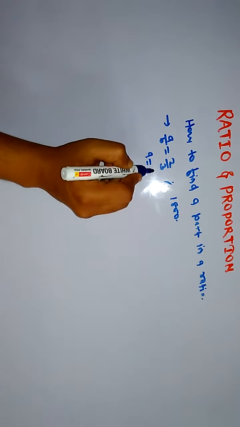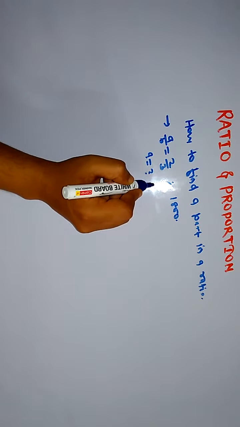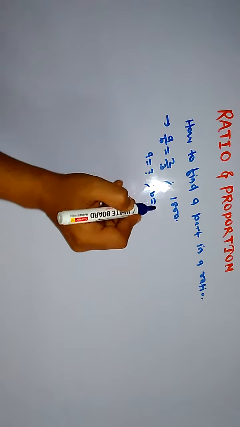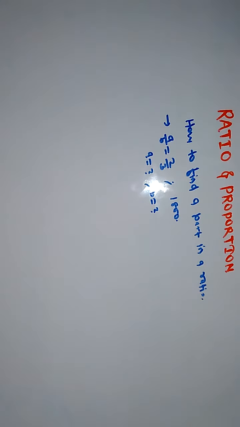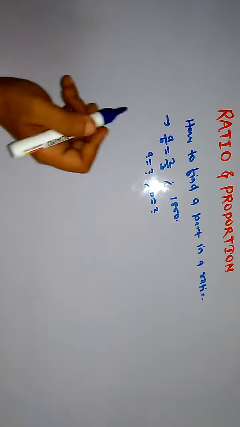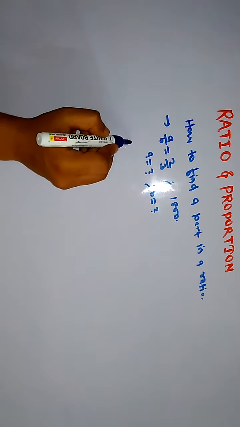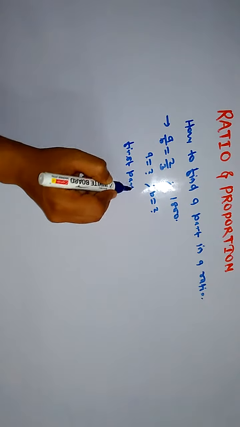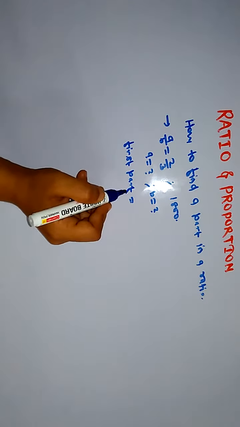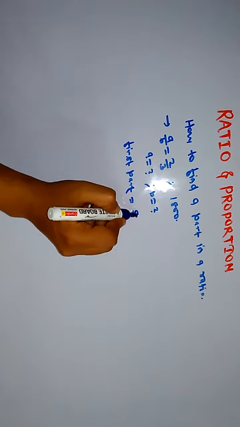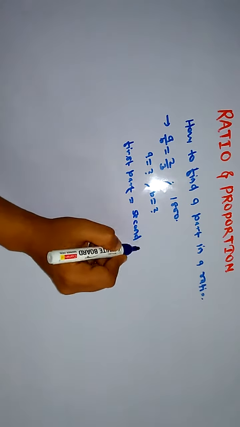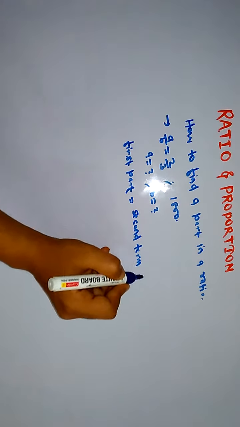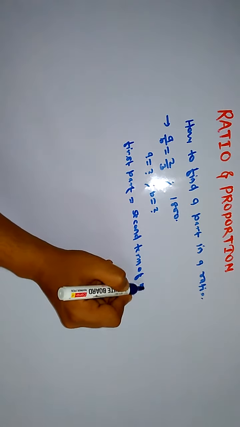So what will A be, and what will B be? For solving this, not a formula, just a general thing: first part equals first term of ratio